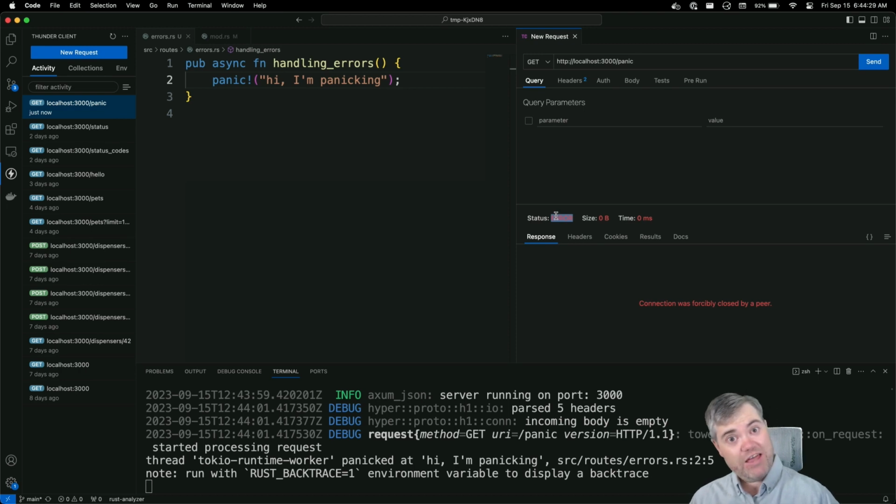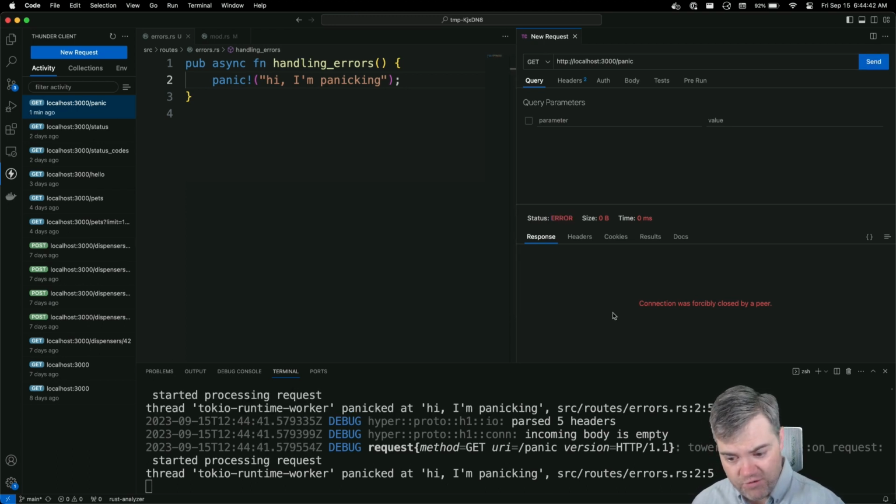If there is an error, we'd rather it respond with a 500 status code and some kind of message to say what's going on. However, not everything is terrible. Notice that the server is still running. If I hit this over and over and over again, it's still up and running. So what's happening here is that Axum is catching this panic that would normally crash the server. It's keeping the server up and running. It's responding with essentially just nothing at all to this specific request. But if we have like hundreds of routes set up for other things, those will all continue working as expected.